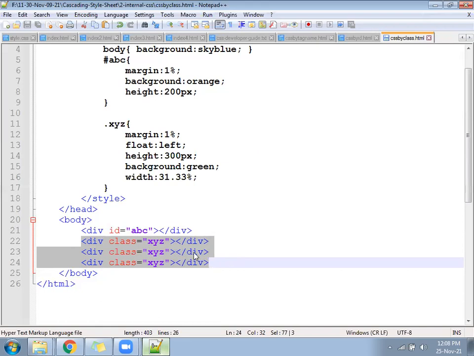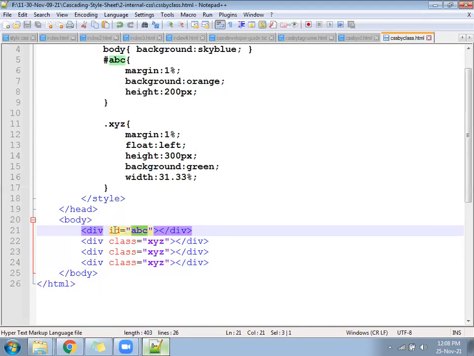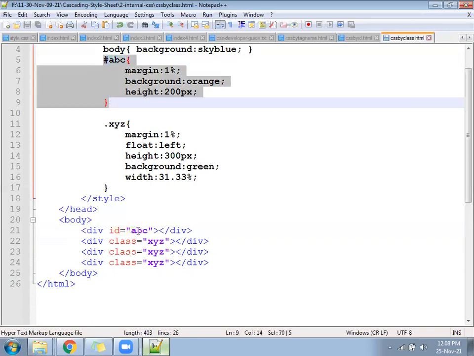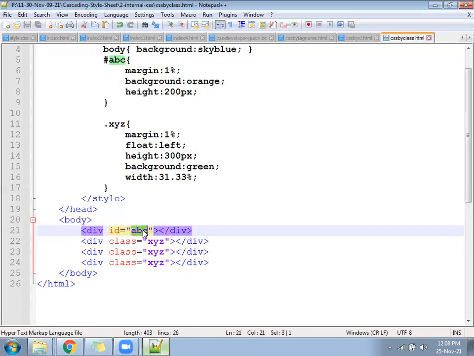Now for ABC we'll talk. ABC is the ID of the first division. Using the same ABC, your CSS is able to communicate, and using the same ABC, your JavaScript also can communicate. So using one ID, you are going to deal with 2 technologies, CSS and JavaScript, because it's unique. If ABC becomes duplicate, CSS will work. JavaScript says, sorry, I'm confused. Where to go? Because there are 2 of them.